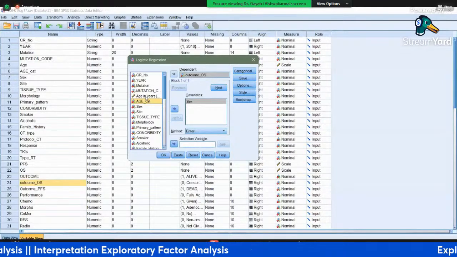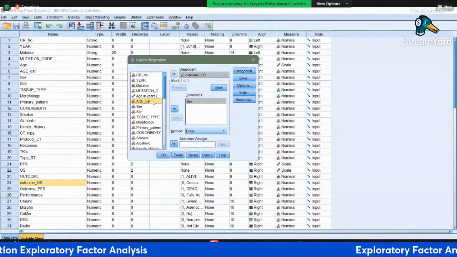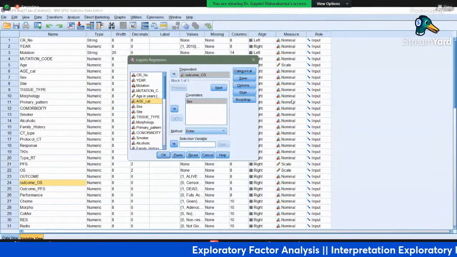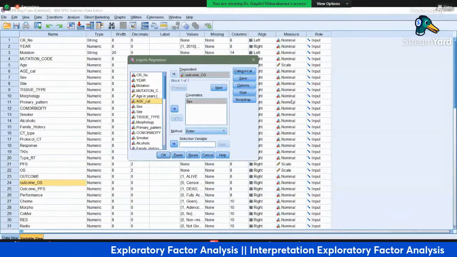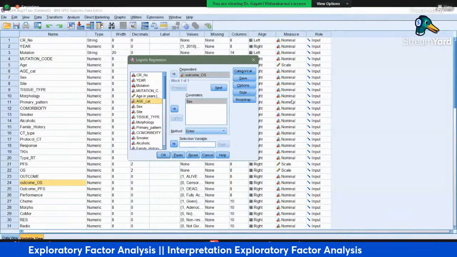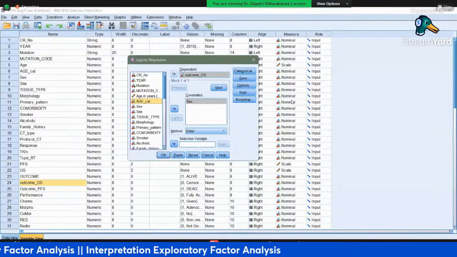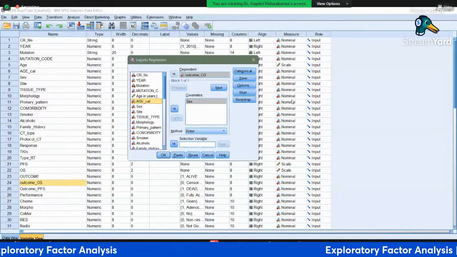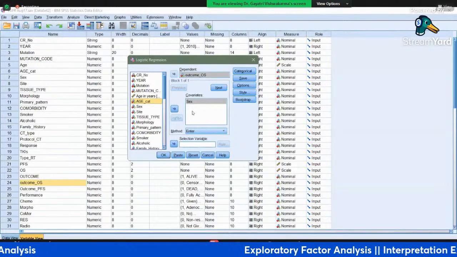So again, which variable do you have to apply? It is always recommended to have a continuous variable. Sorry, this cancer data I cannot share because it is confidential, but definitely the math score data we can share with you.